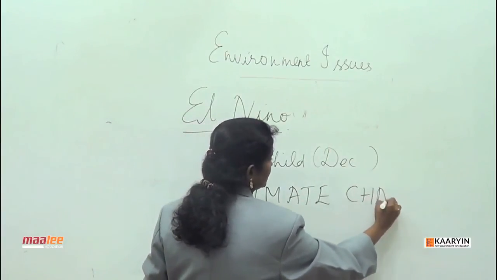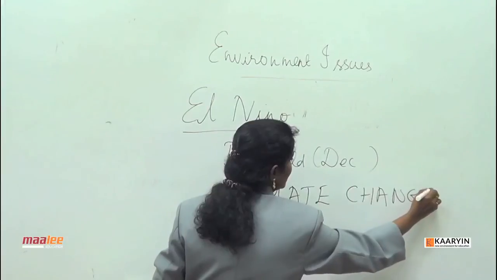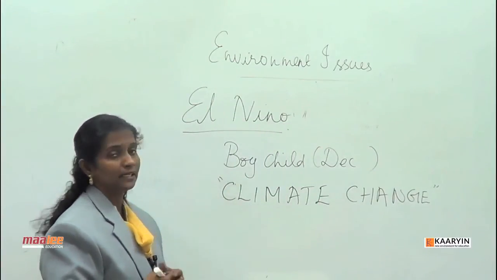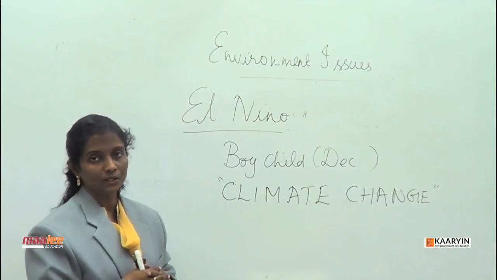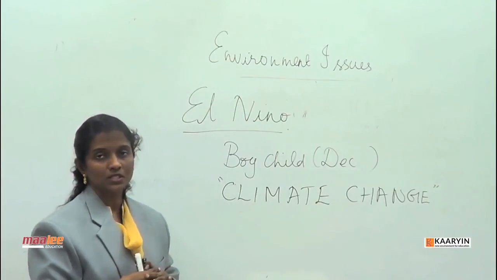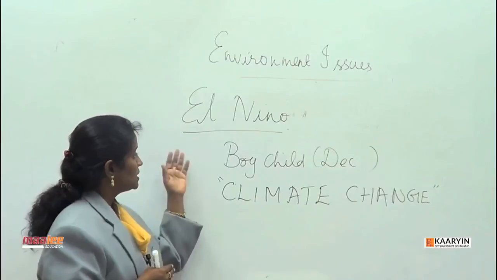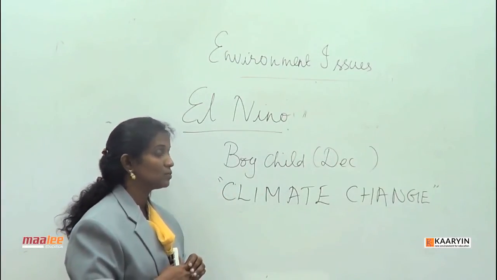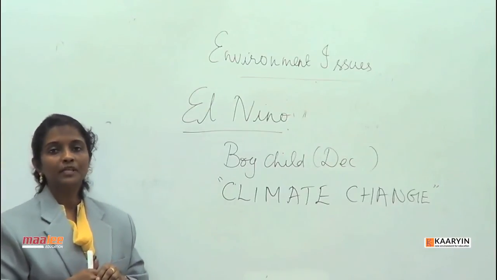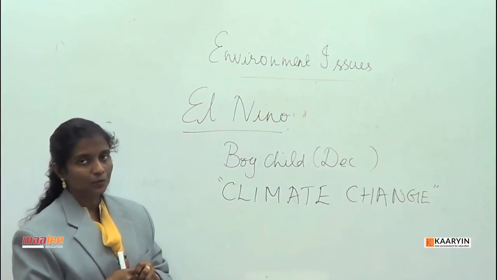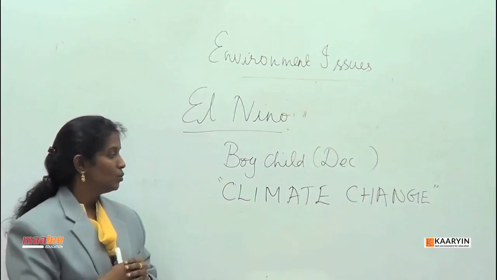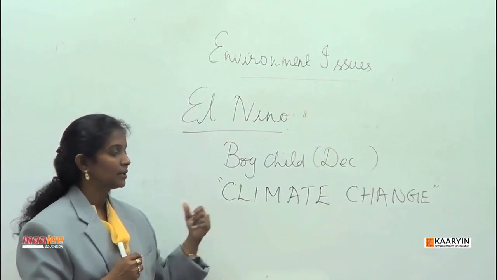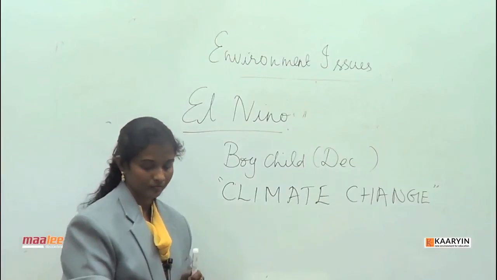So the various storms and floods have been the result of El Nino. There are various episodes of El Nino from 1990 to 2010. El Nino, which means boy child, refers to this upwelling of oceans which happens in the Peruvian coast, as a result of which the current moves towards the eastern side, and that causes climate change across the globe.